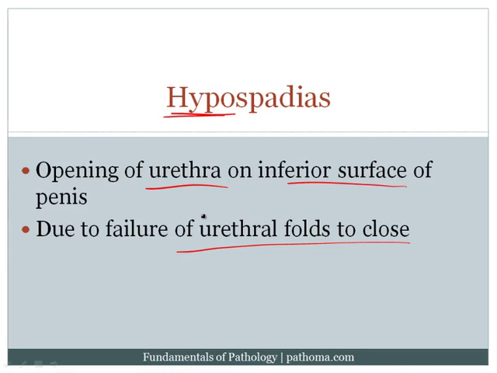Let's go back and remind ourselves of a little bit of embryology. Remember that you've got this genital tubercle here, which eventually is going to become the glans of the penis or the glans of the clitoris. And then running beneath it, you've got this bulk of tissue called the urethral fold. Now, as the penis grows out, so imagine that the penis is coming up and out in 3D, this urethral fold is going to seal, it's going to zipper up. And as this zippers up, that then seals the inferior surface of the penis and closes the urethra inside of